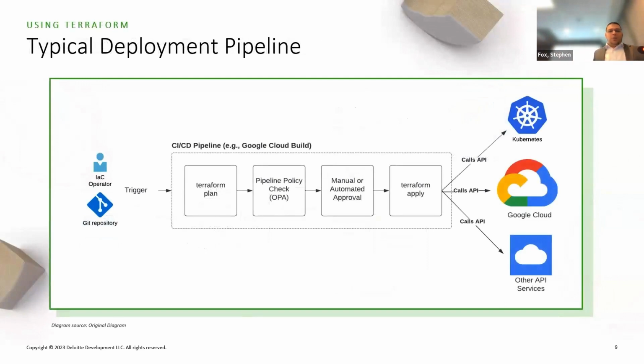Typically, you see this in a deployment pipeline, so there's some kind of trigger. It could be a manual infrastructure as code operator presses a button. Oftentimes, we're seeing deployment repositories, Git repositories, as the main driver of deployments. So you usually have kind of a thin wrapper for the deployment pointing to a particular environment, and you have